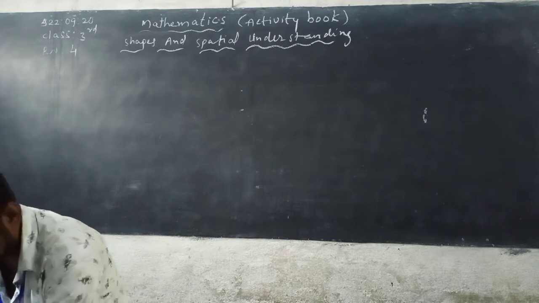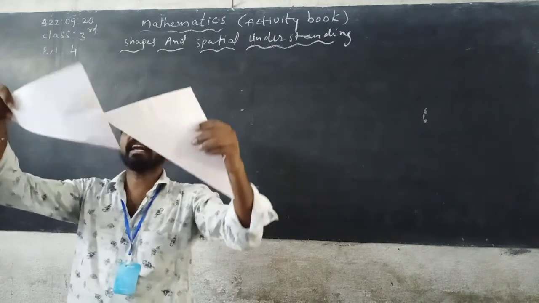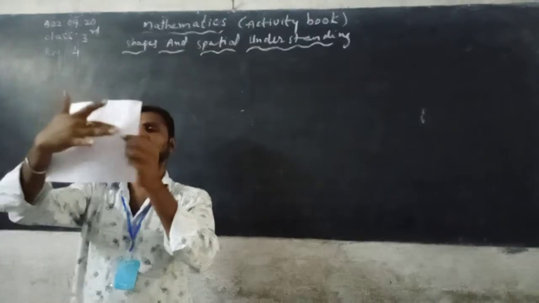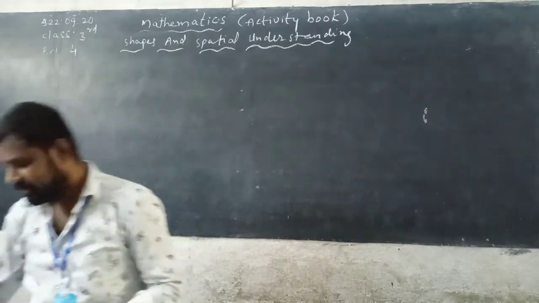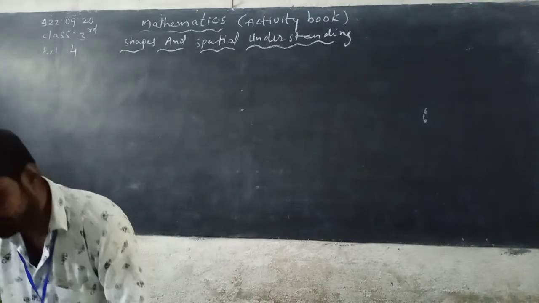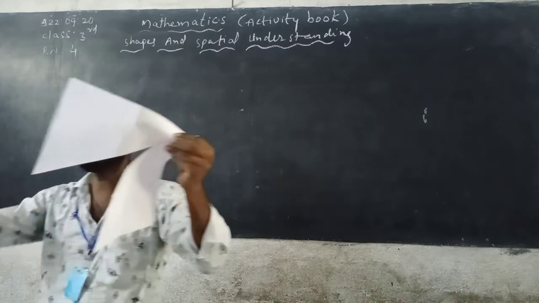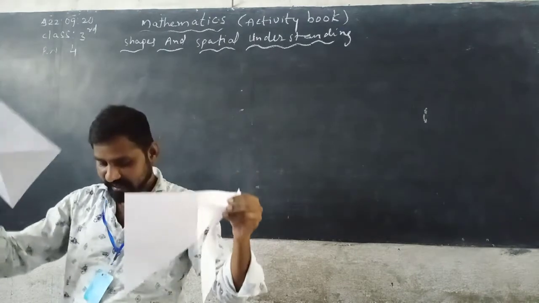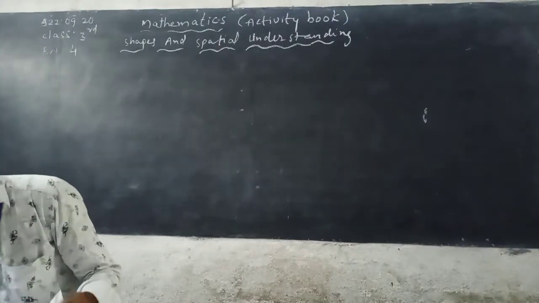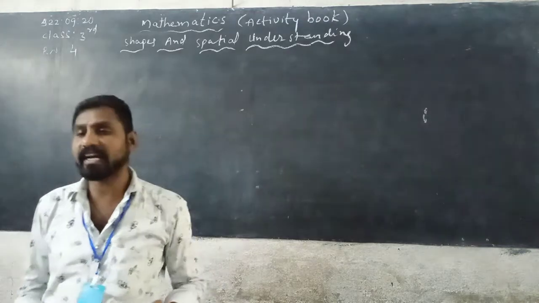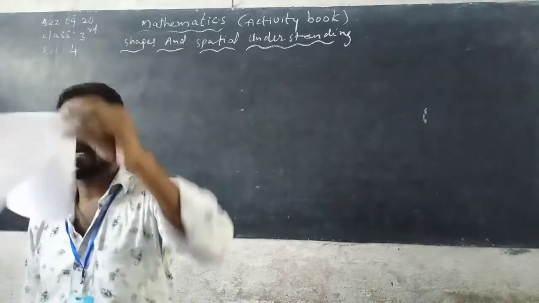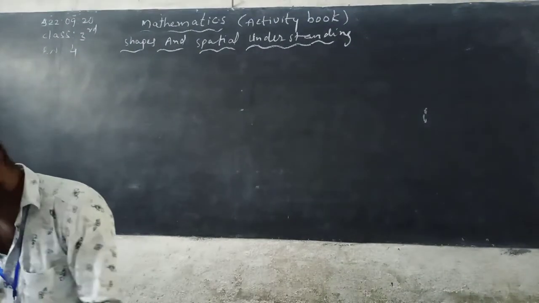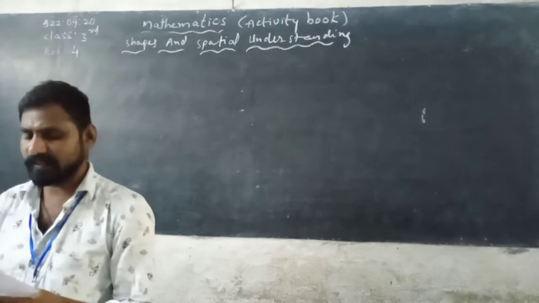See, we got triangles. These are the triangles and also these are the triangles. These triangles are same, but these triangles are, see, we observe these two triangles, this and that different, this and that different. You notice that the triangles formed from the square and rectangle are different. So these are the triangles from rectangle. So this is also triangles from square. So I can cut and show it.